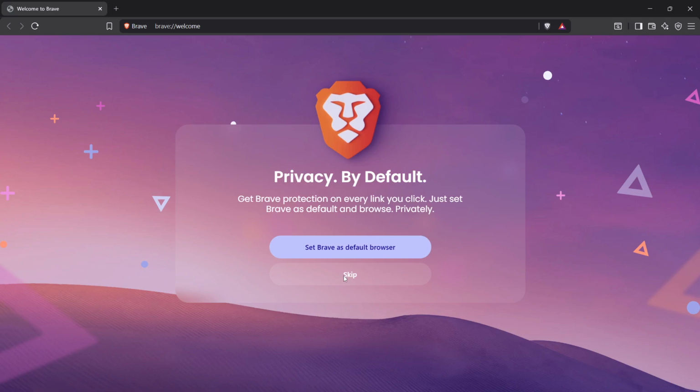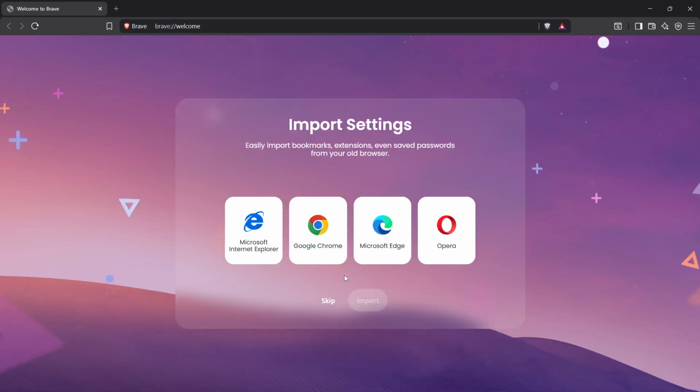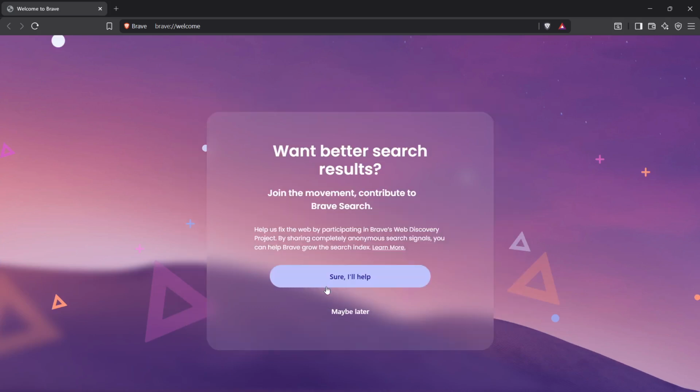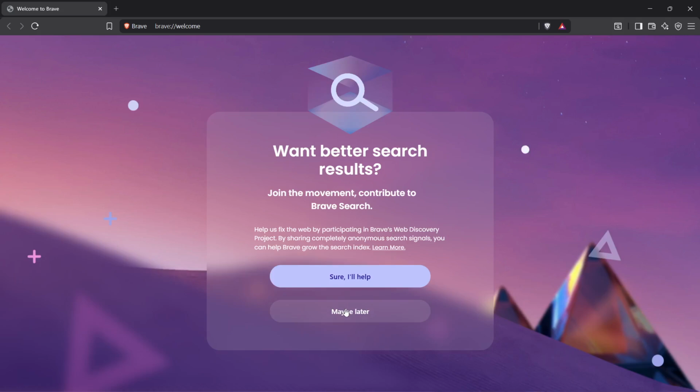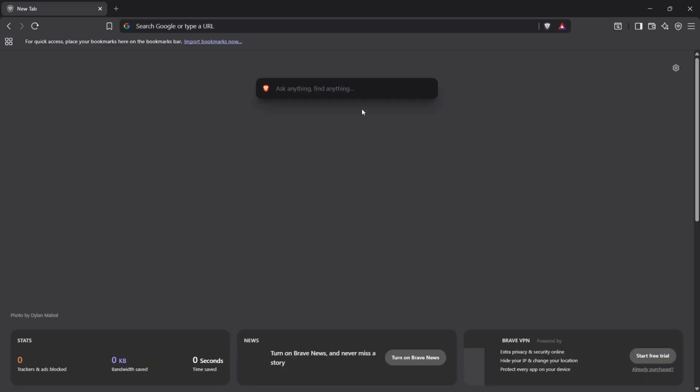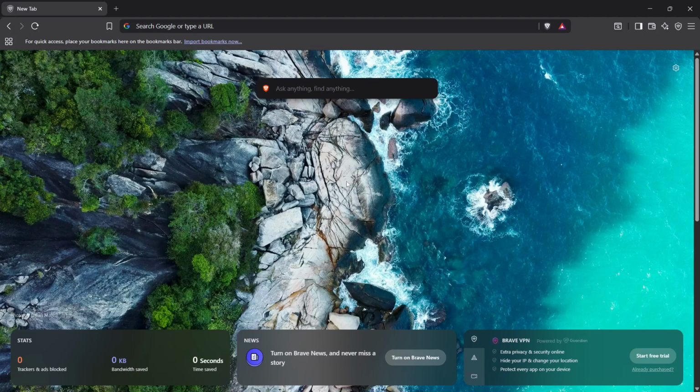This step matters because it's the moment you finally get to experience the Brave browser and its unique features. The first time you launch Brave, you may see a welcome screen that introduces you to its key features and benefits. Take a moment to explore this screen as it provides valuable insights into how Brave can enhance your online experience. By completing these steps, you now have Brave browser set up on your device.